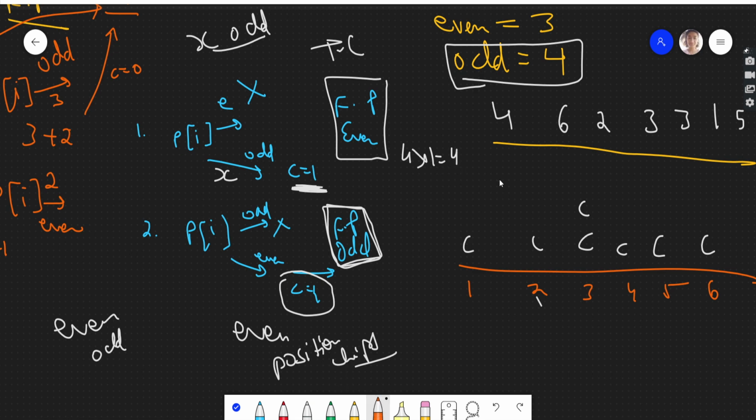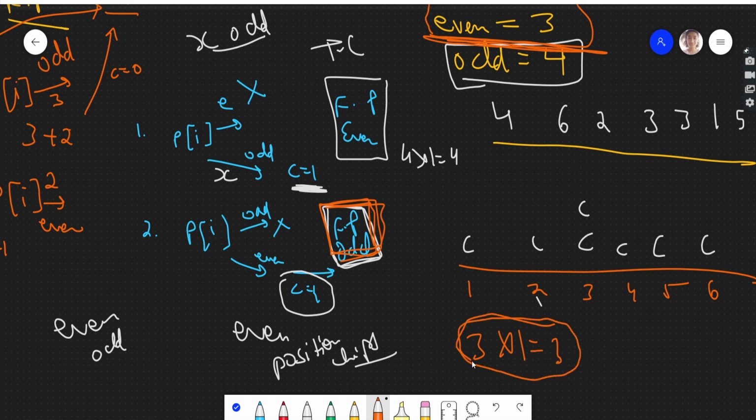But if you fix your final position to be odd, it could be 3, 1, or 5, then you just need to move the even ones. You also have to move odd positions, but that will cost 0, as we saw here. So if you fix the final position to be odd, you only need to move the even ones, which will give cost 3 into 1. So in that case the cost will be 3.